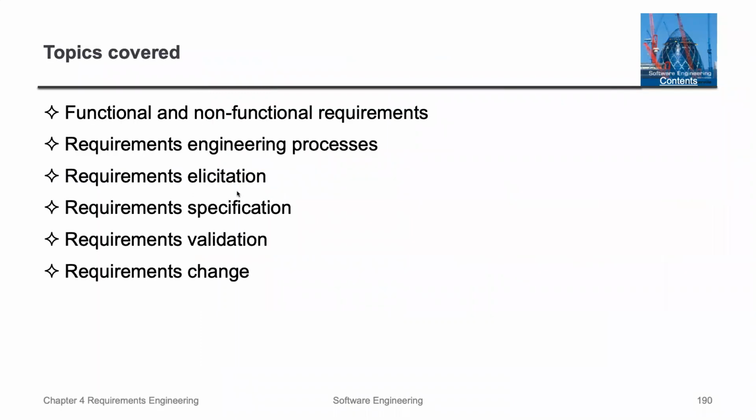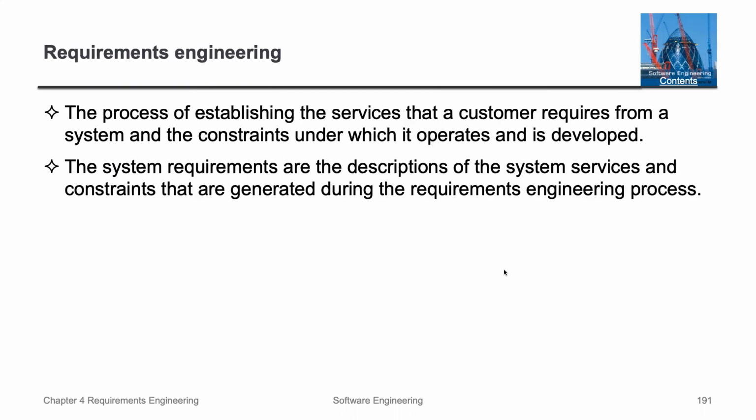There's going to be a variety of things that we'll be talking about, trying to give a distinction between what is a functional requirement and what is a non-functional requirement. We'll talk about requirements engineering processes of how you define them: requirements elicitation, requirements specification, requirements validation, and finally requirements change. So requirements engineering is a process of establishing the services that a customer requires from a system